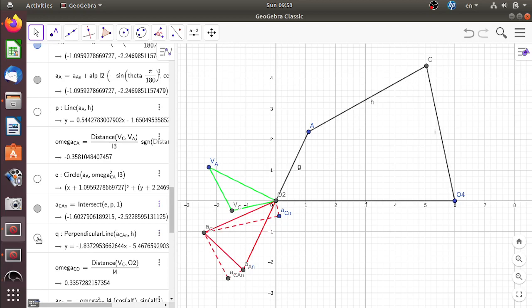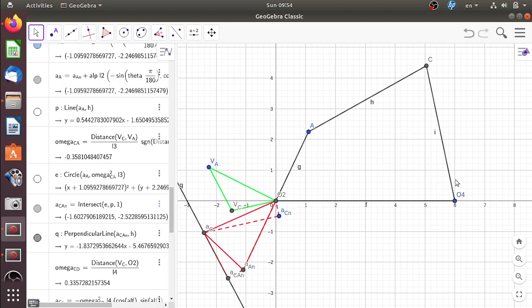So I am drawing a perpendicular line which passes through this point. Okay, so that's my perpendicular line. Now once again I am observing the point C from link 1 or from the point O4, and once again the point C will have two components: one normal component, which will be along this direction, and a tangential component, which will be perpendicular to this direction. The normal component I can easily identify, but what I need is omega 4.